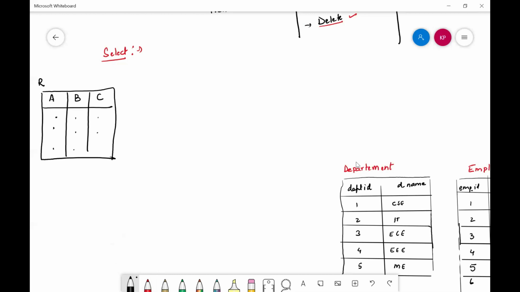The select command helps us to retrieve the data from this table. First we will see the syntax for the select command, and then we'll see various options which we can use with it.